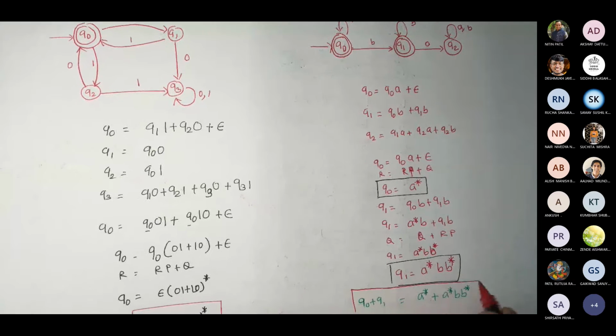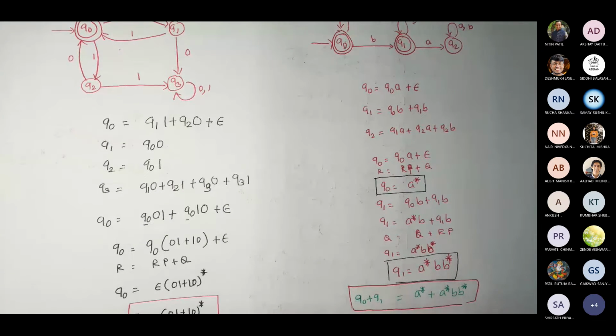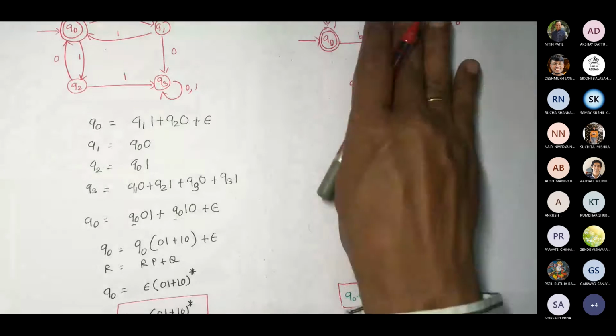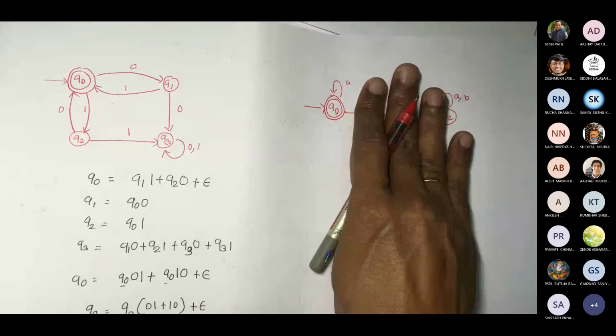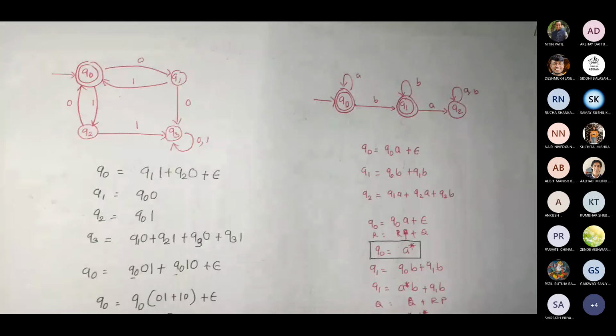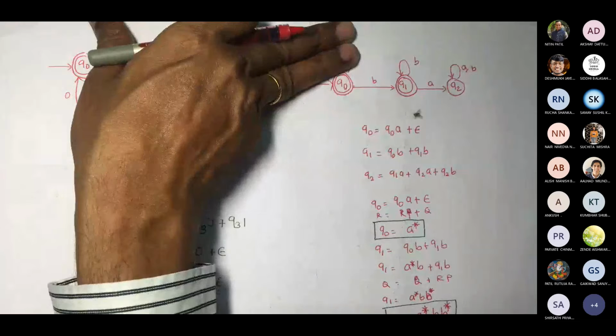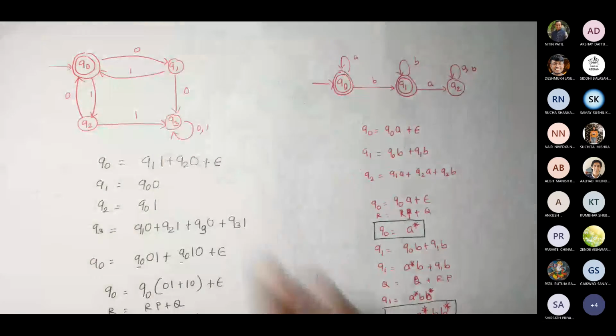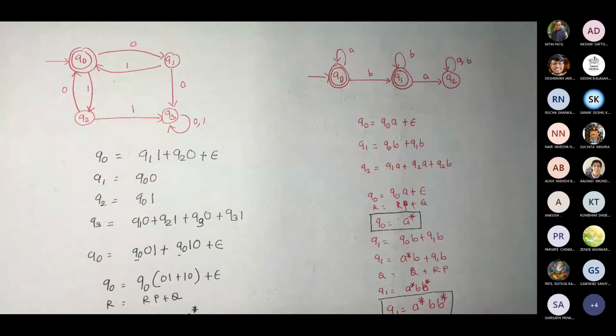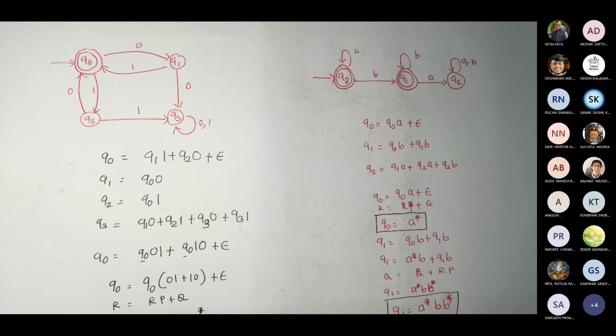Fine. Now you can check this from the given diagram too. See, A star only A. So if you don't go to this state at all, it would be A star. Correct, Chinmay? Yes, sir. Okay. Now suppose I don't take this A at all, and I take B, can I go to Q1? Yes. So this A star is epsilon, and you are taking only B. Correct? So you can go on this way. So this would be your final regular expression.